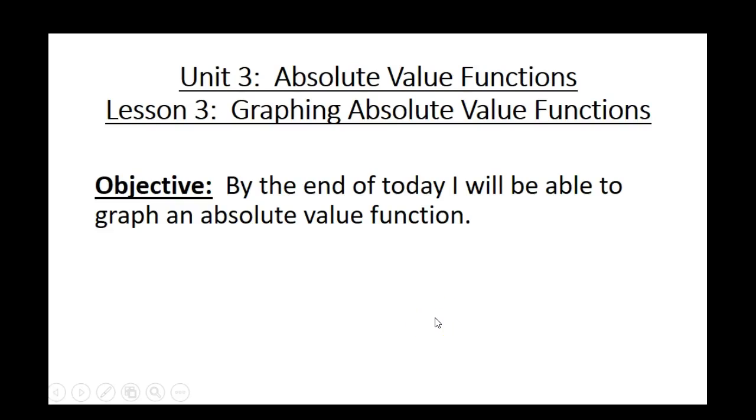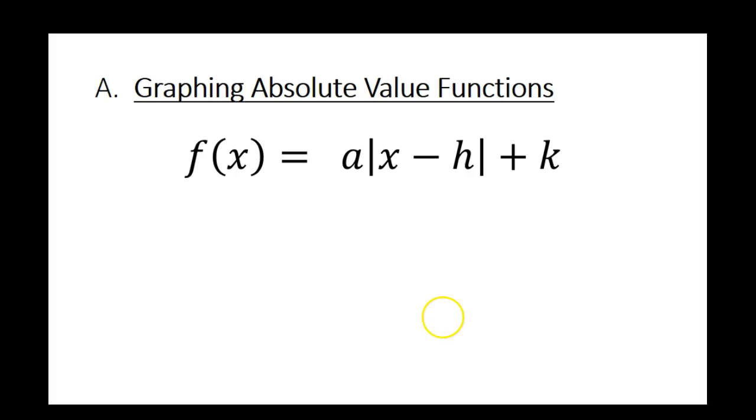So today we're graphing absolute value functions. That's it. That's the goal. Might want to copy this down here real quick. I'll pause for you. All right, so